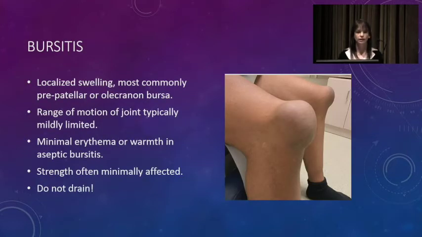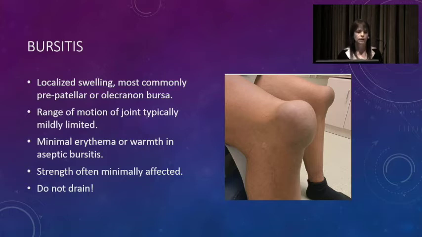Bursitis. You're unlikely to see an example quite this severe in your office, but it's pretty illustrative of what bursitis looks like. This would be prepatellar bursitis, where the bursa superficial to the patella becomes very inflamed. They will have a very localized swelling, and the different areas of the body where you find bursae are areas where there's friction, where there's movement. So you'll have it over the greater trochanter, where the IT band can rub back and forth against it. You'll have it over the olecranon, where you've got that motion at the elbow, and of course the prepatellar bursa over there.